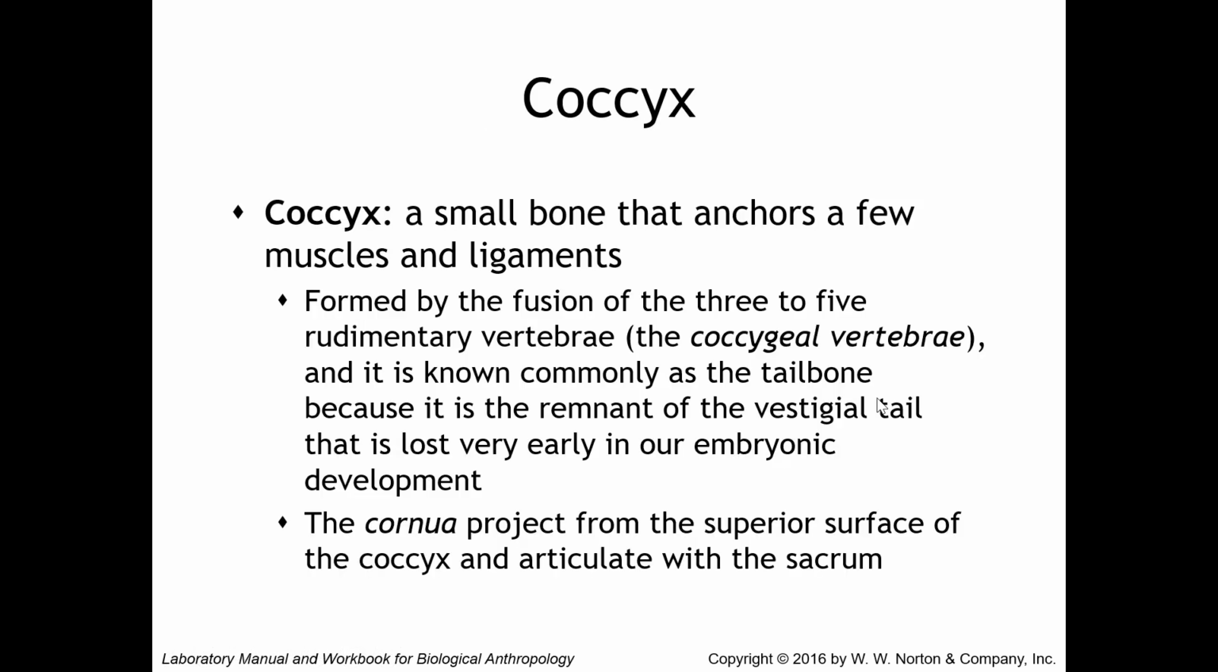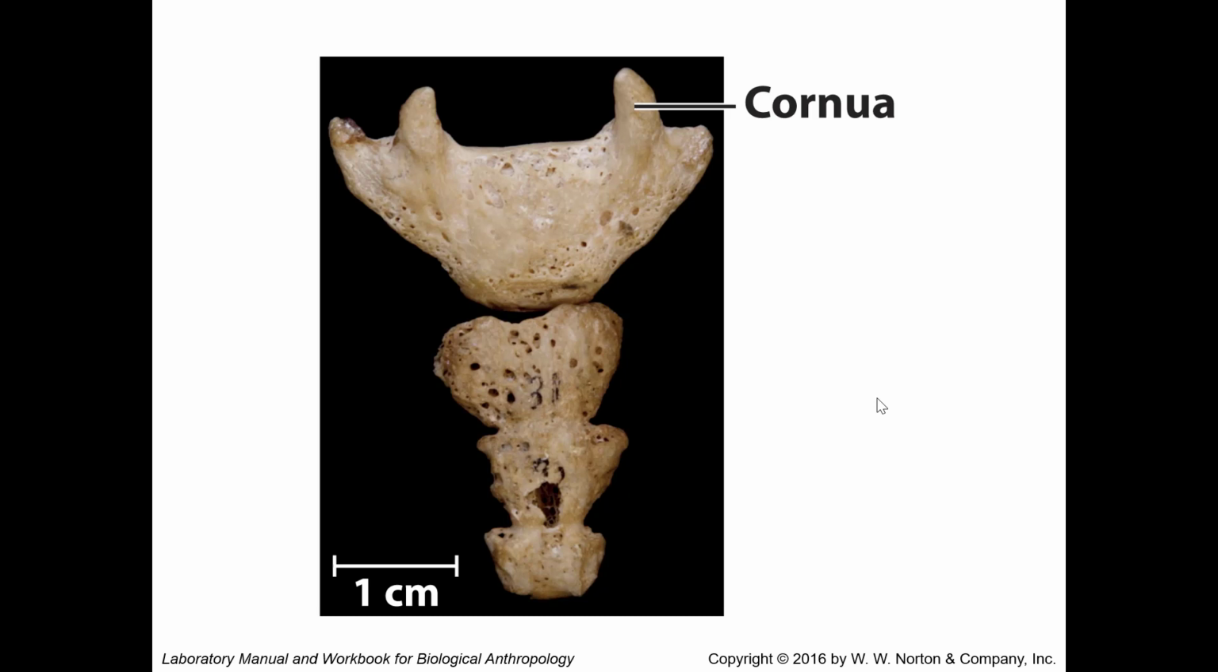So next is the coccyx. The coccyx is a small bone that anchors a few muscles and ligaments. They are formed by the fusion of 3 to 5 rudimentary vertebrae, and it is known commonly as our tailbone. So here's a picture of it. We commonly call it the tailbone because it is the remnant of the vestigial tail that is lost very early in our